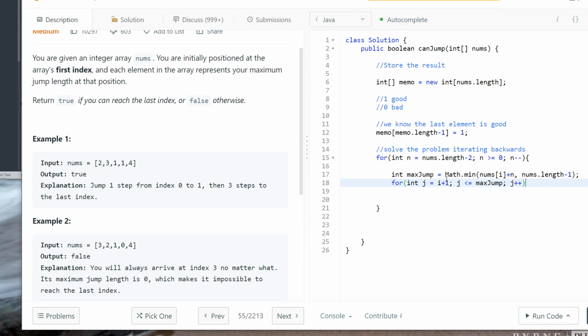Now, while we're going forward, we check if memo of j, meaning that we're checking now at 3. If 3 is good,